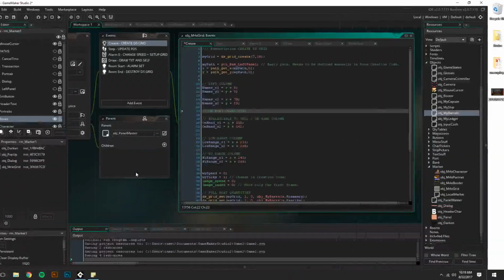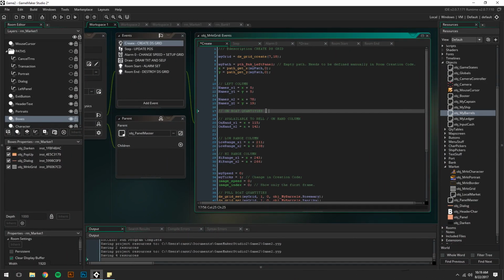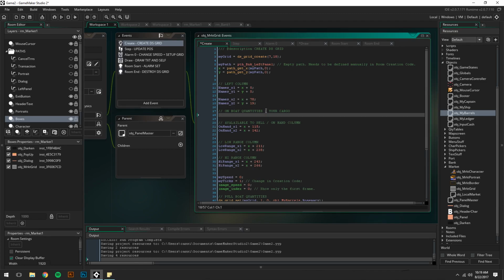Okay, and then for that we can just call it cargo. I think cargo underscore x1, and that's gonna equal